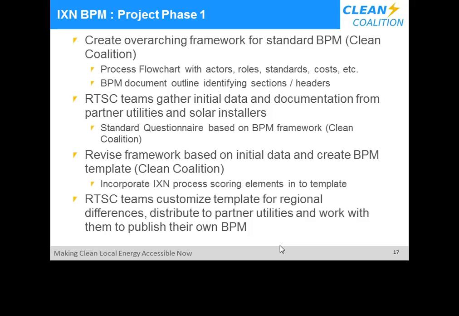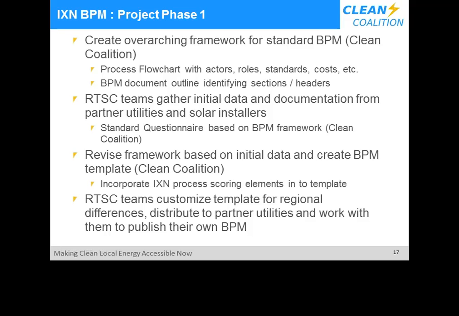Great. So after this phase one, the extent of the first phase of the DOE's SunShot grant, the Rooftop Solar Challenge, is a one-year project, and the extent of what we think we'll be able to get through is what I detailed in phase one. Phase two, we hope the follow-on to the phase one of the Rooftop Solar Challenge grant, would include further funding